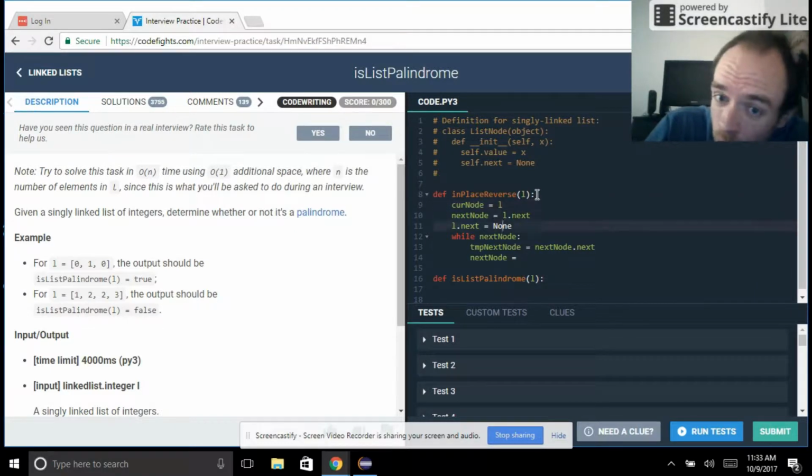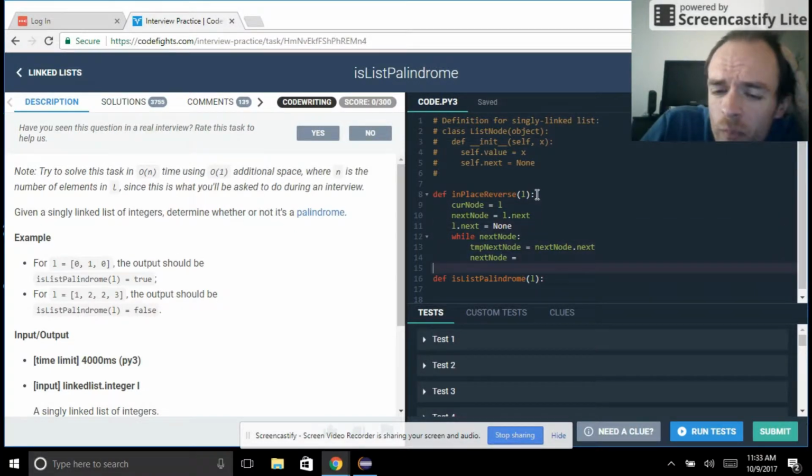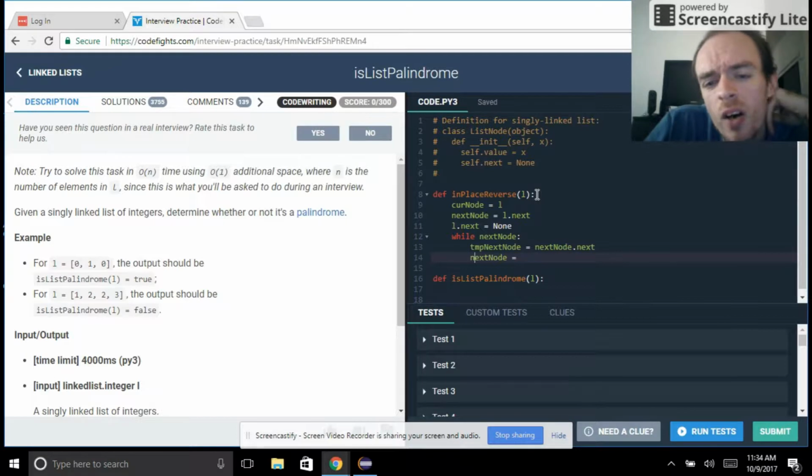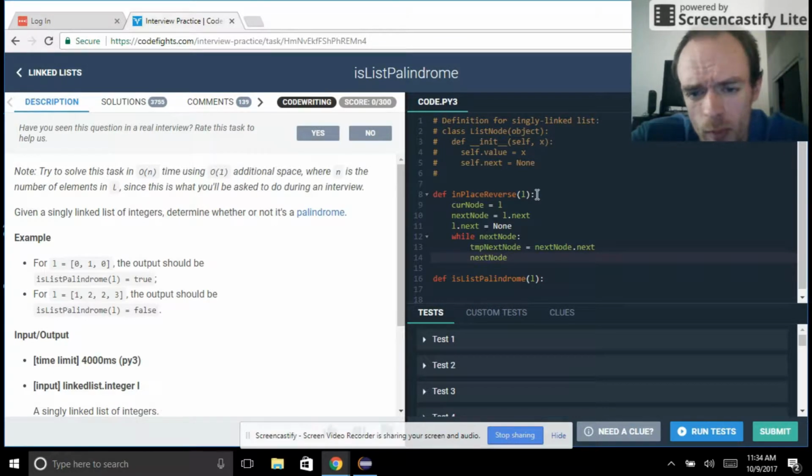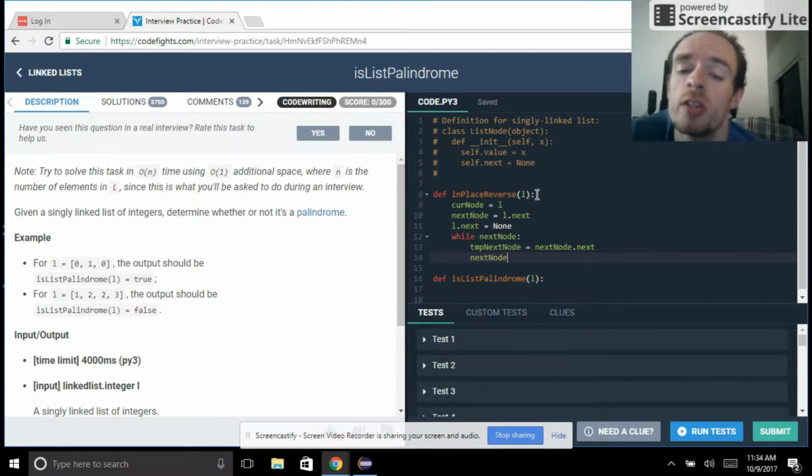Our current node is L. We change its next, we save its next node, and the next node is None for L. And then while there is a next node attached to L,